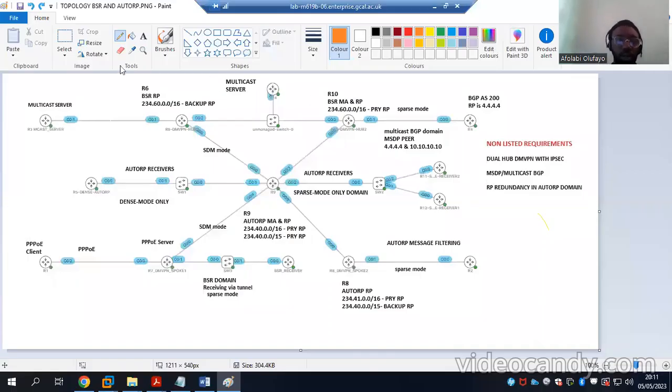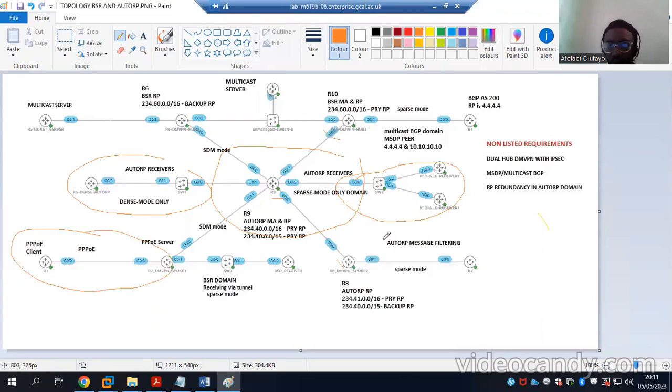So here's my topology. Within this domain I'm running AutoRP on R9, R8, and a little bit on R10. Then I have it here as strictly dense mode, and on this right-hand side is strictly sparse mode. I have PPP over Ethernet running here, and I have AutoRP discovery messages filtered between router 8